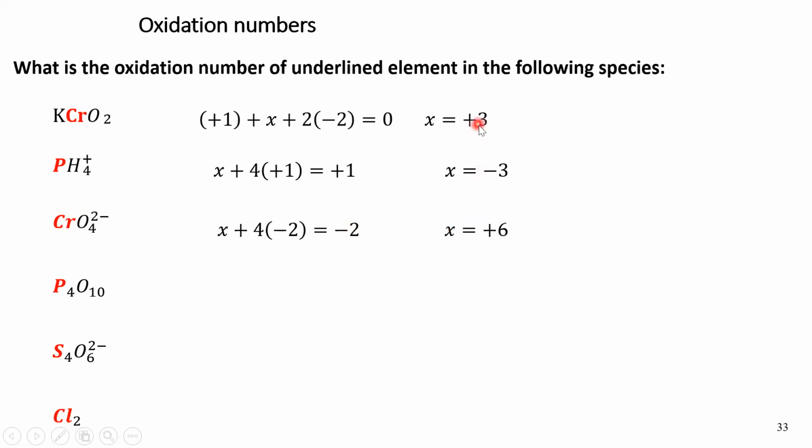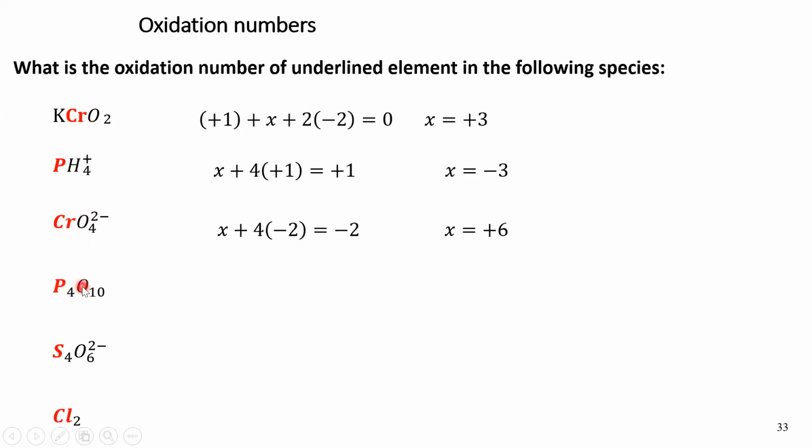So notice that the oxidation state for chromium in this compound is different than in this compound. Chromium varies in its oxidation number depending on what it's with. So we did 3 examples together. Let's see if you can do